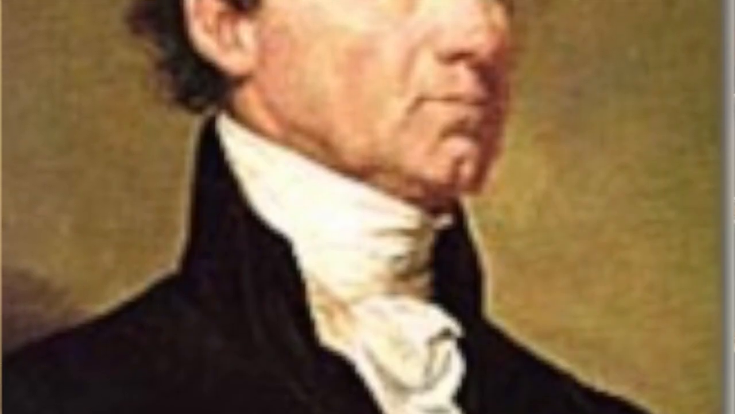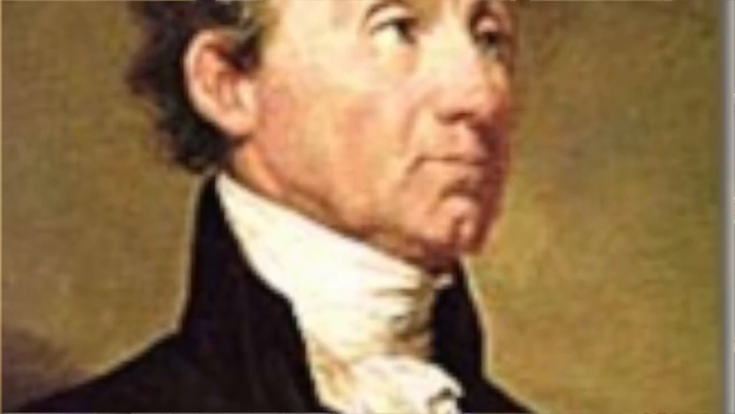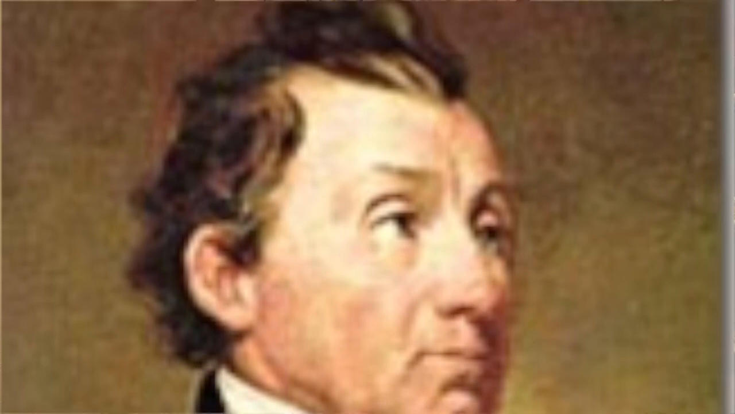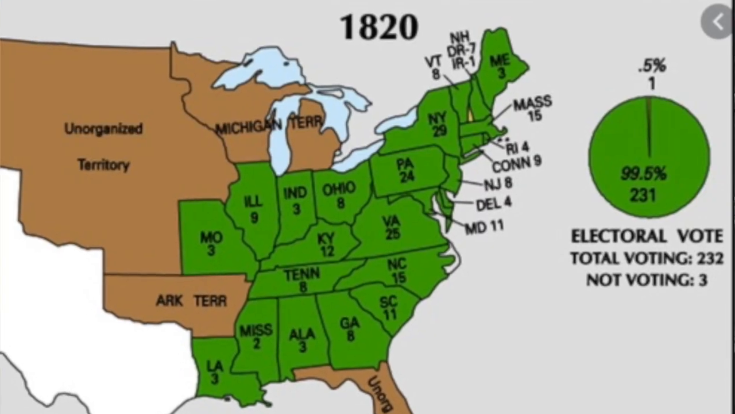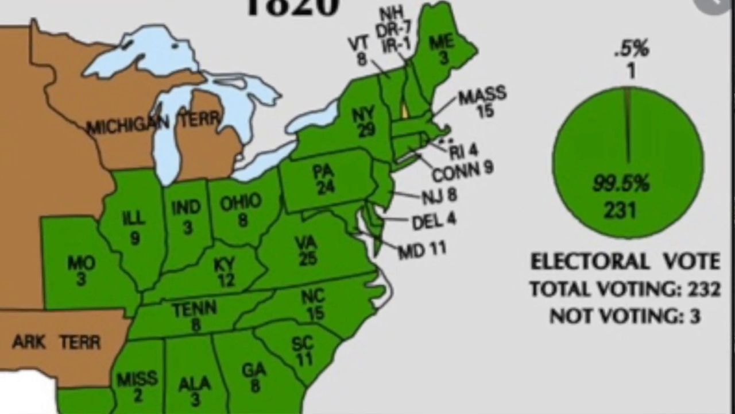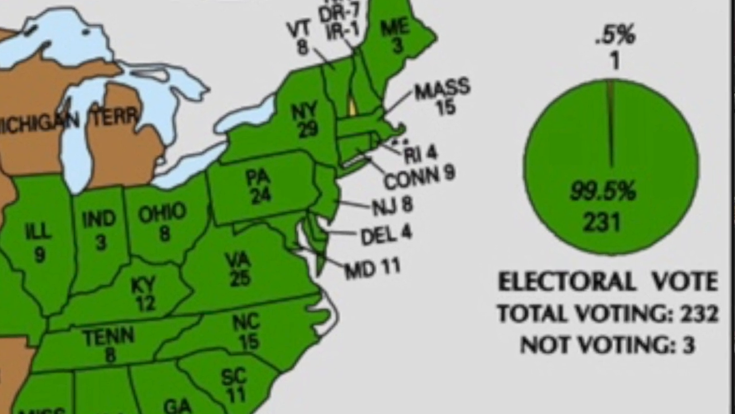Okay? When Monroe runs for re-election in 1820, he runs unopposed. Nobody ran against him. That's the last president to ever run unopposed, and only the second one. Only George Washington, besides Monroe, had run unopposed. Monroe also receives every electoral vote but one. One elector from Massachusetts named William Plummer voted against him because he thought Washington should be the only unanimously elected